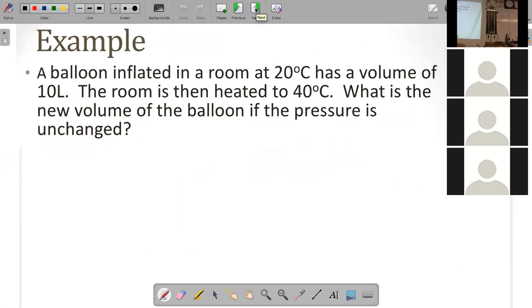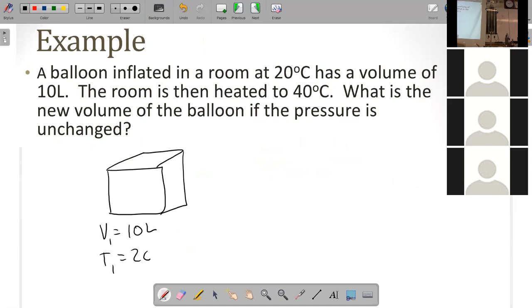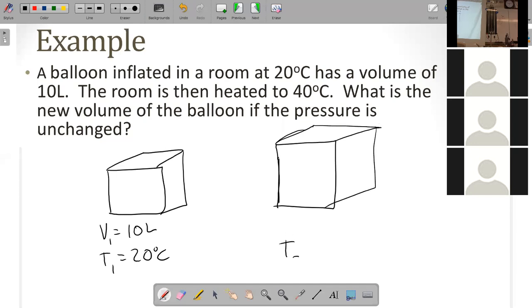Okay, so what happens if the temperature increases for a fixed volume of something? All right, so here is some gas. I got 10 liters of the gas. This is a starting volume. And the temperature is 20 degrees Celsius. And then we're going to heat the room up, and as a result of increasing the temperature,